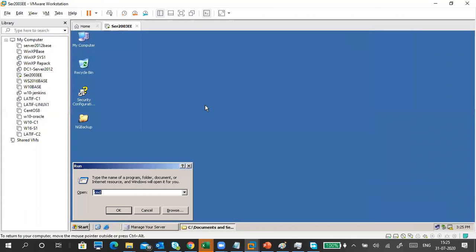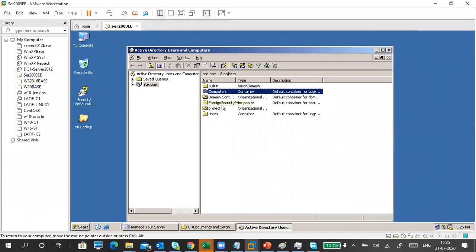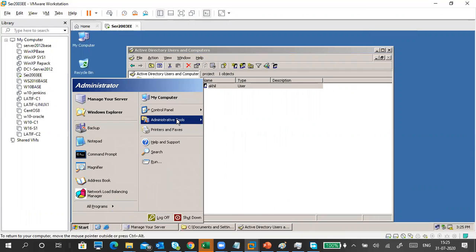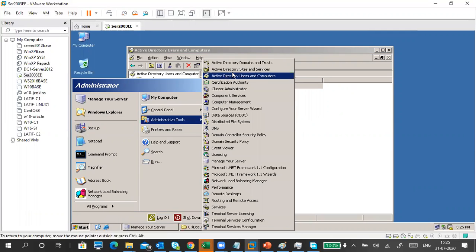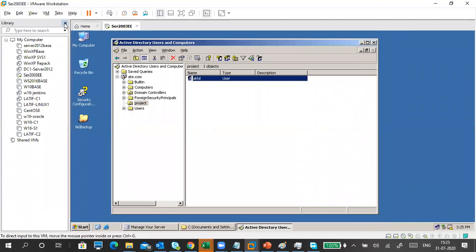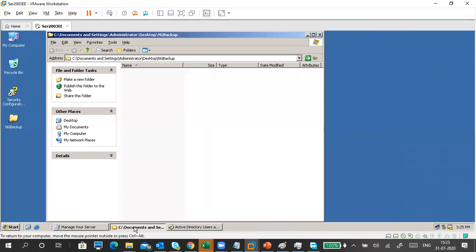I created DSA.MSC for Active Directory domains and things. Like see, Users project is an OU, a key user I created, I think. And if you want to access anything, very simple. Administrative tools, like Active Directory Users and Computers, Sites and Services, Domains and Trusts. We have DNS. DHCP is not there, I think. People who don't have a big infrastructure can use this one. Okay, guys. Next.